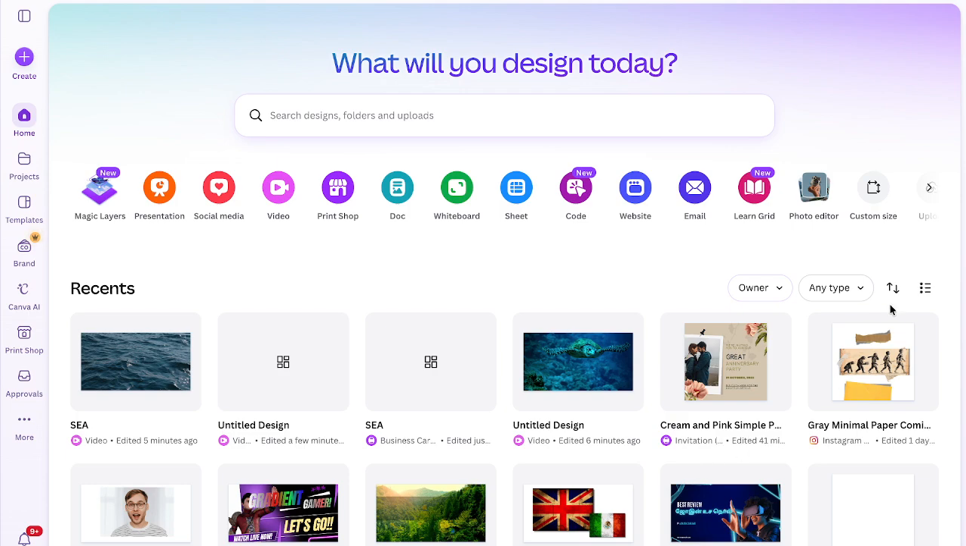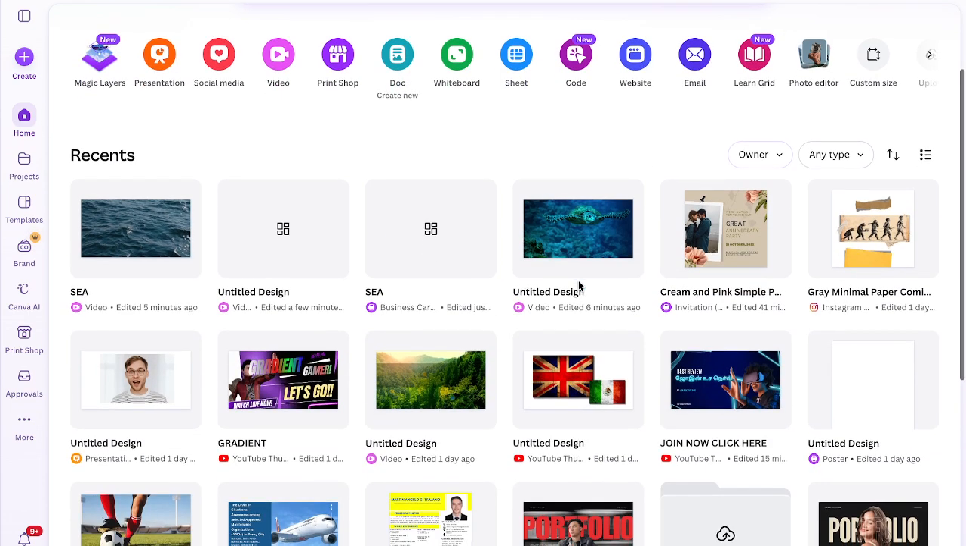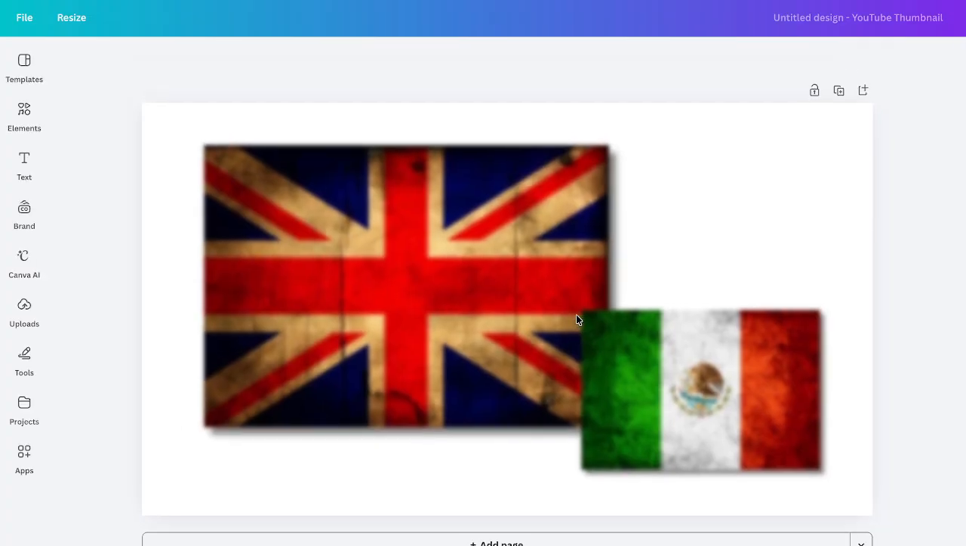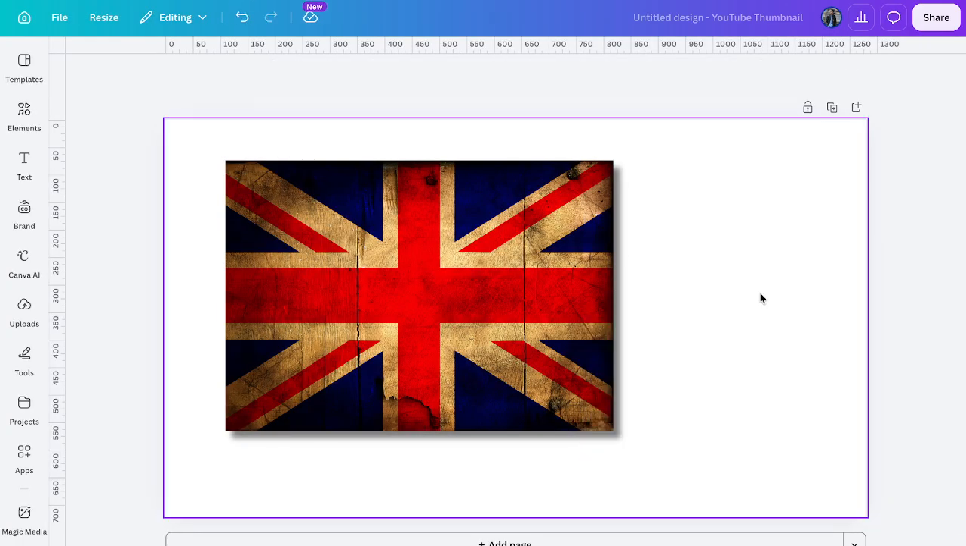Hey guys, it's me again with another Canva tutorial, and for today's video I will teach you how to add a watermark on your photos. So for example, here we have a photo here,